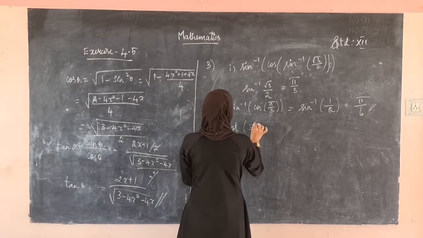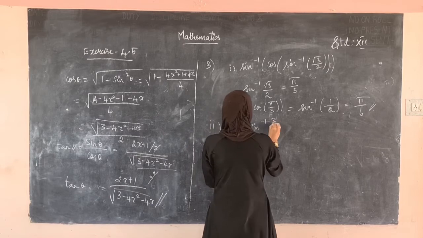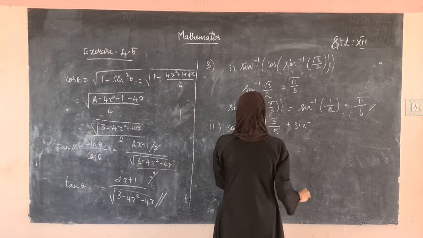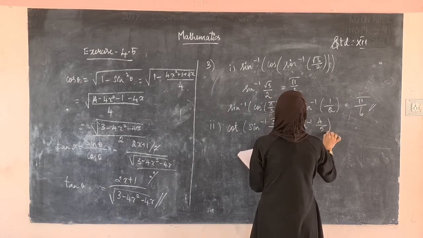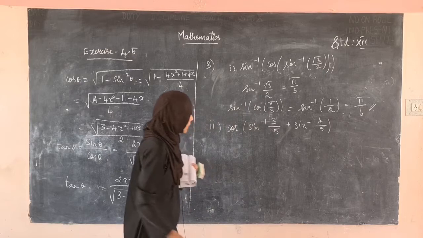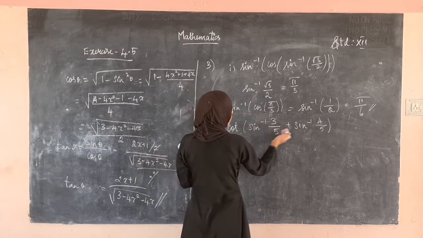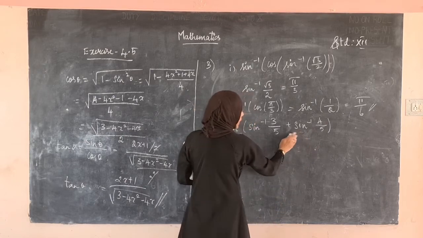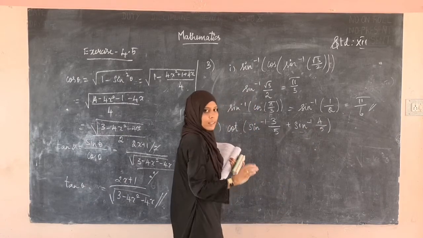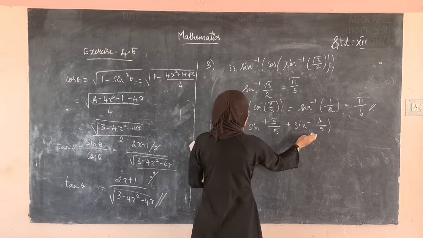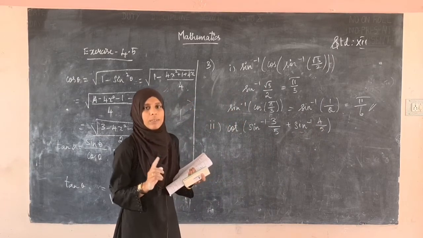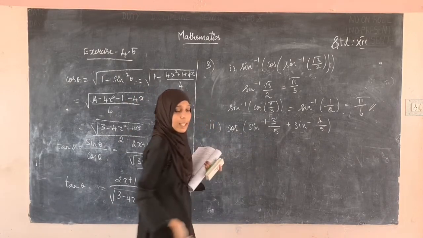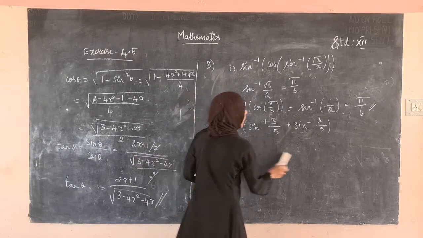Cot of sine inverse of 3 divided by 5 plus sine inverse of 4 divided by 5. Okay. See here. This is in some format. Sine inverse of 3 divided by 5 plus sine inverse of 4 divided by 5. If we change this to cos, whether we get cos inverse of 3 by 5, what will be the answer? See here, sine inverse of x plus cos inverse of x is equal to pi by 2. Then the value will be pi by 2, then cot pi by 2, we can write the answer. But for that we have to change this to cos.